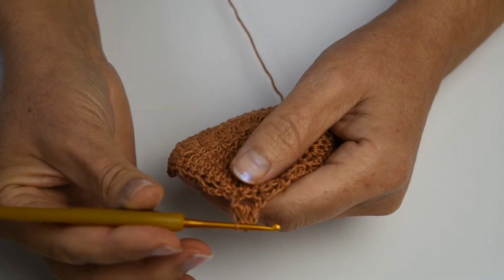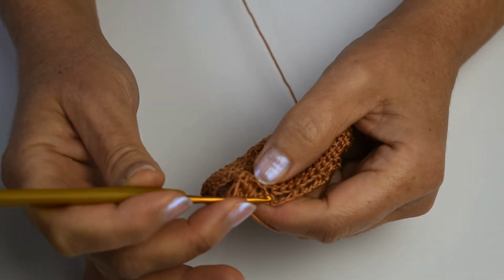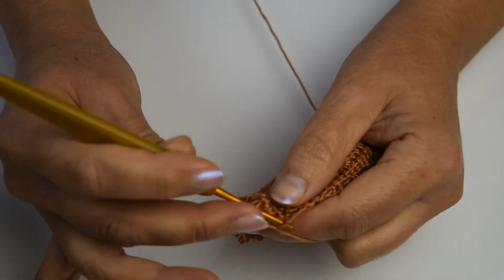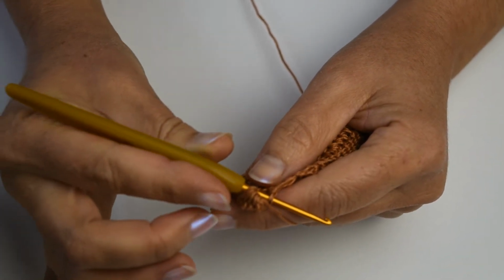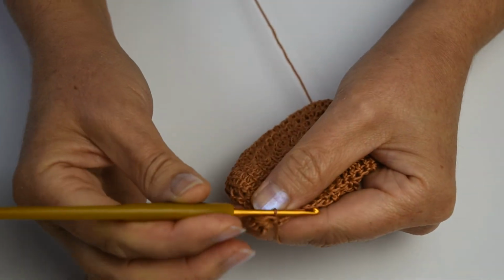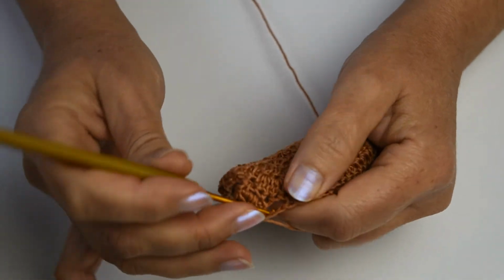And this is your first popcorn. Okay, now between the bridges there is a single crochet that we did in the row before, so we want to go there between the bridge, in this single crochet there, and do a single crochet here, nice and tight. We want these stitches between the bridges to be nice and tight. Okay, now we do another single crochet and the bridge,